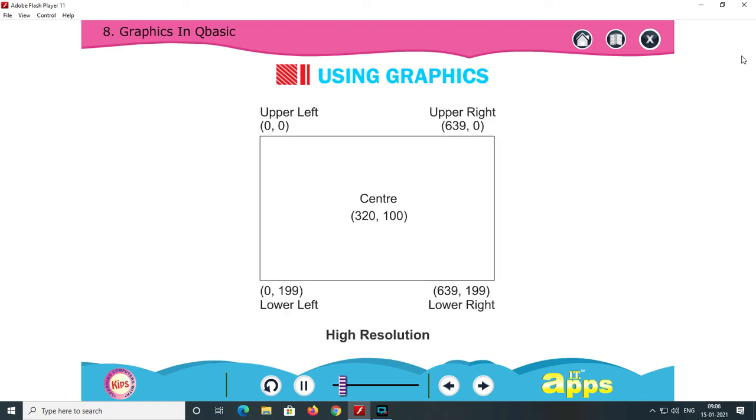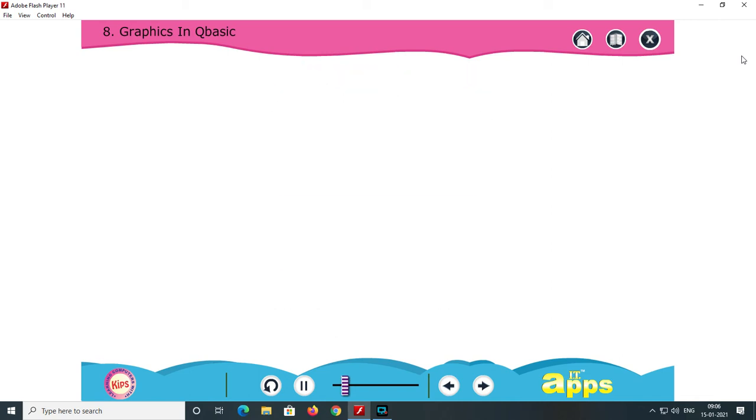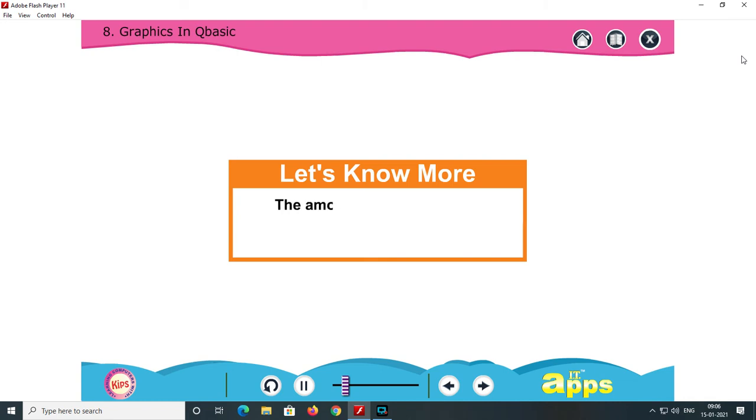And for high resolution, the upper left is 0 by 0, the upper right is 639 by 0, the lower left is 0 by 199, the lower right is 639 by 199, and the center is 320 by 100. Students, note that the amount of pixels per unit area on the screen is called its resolution.